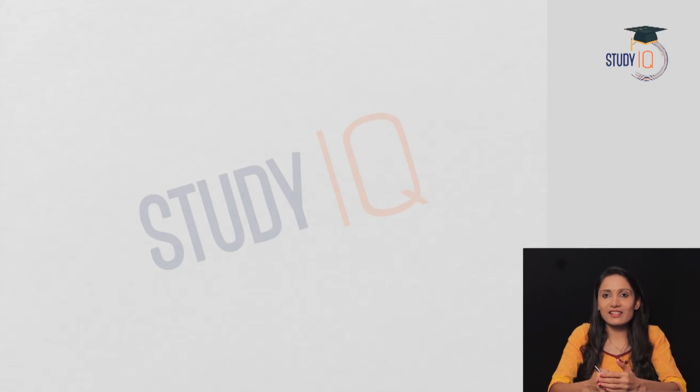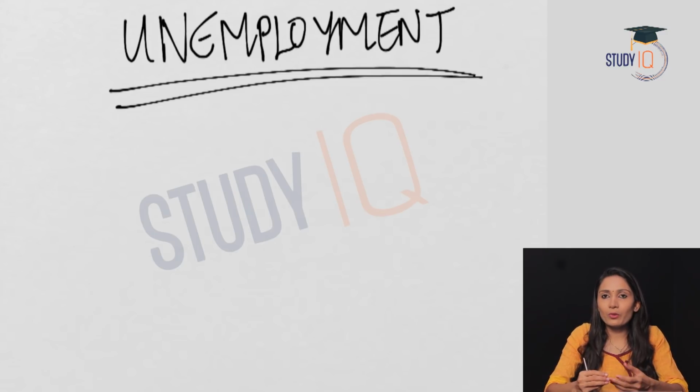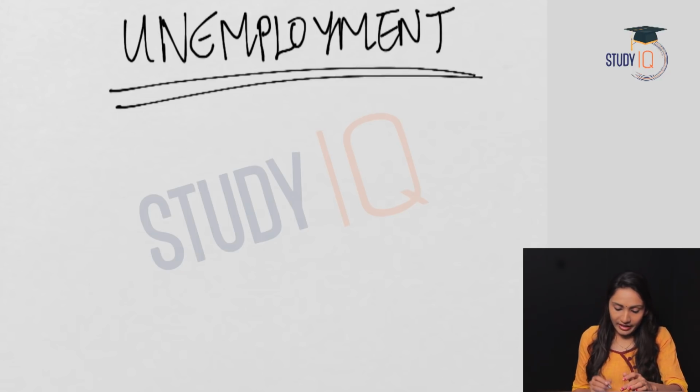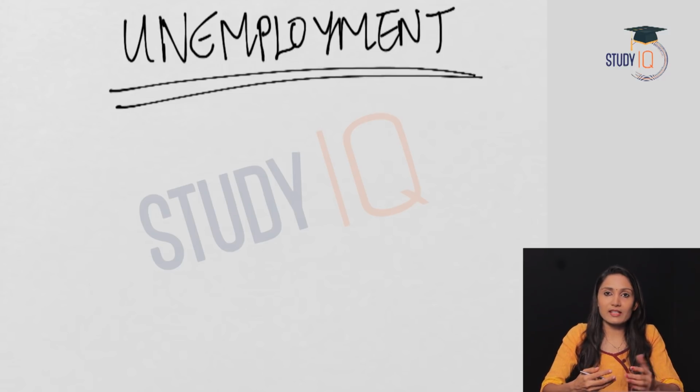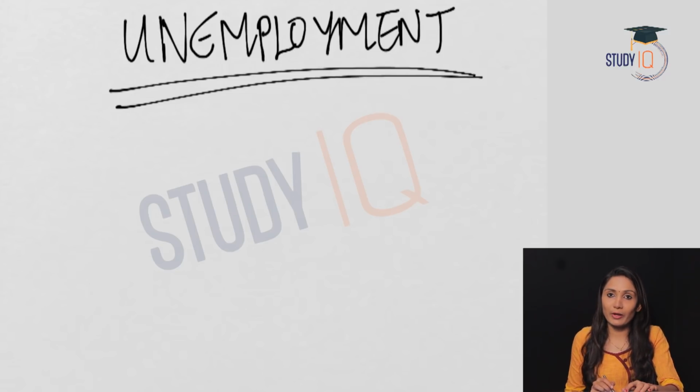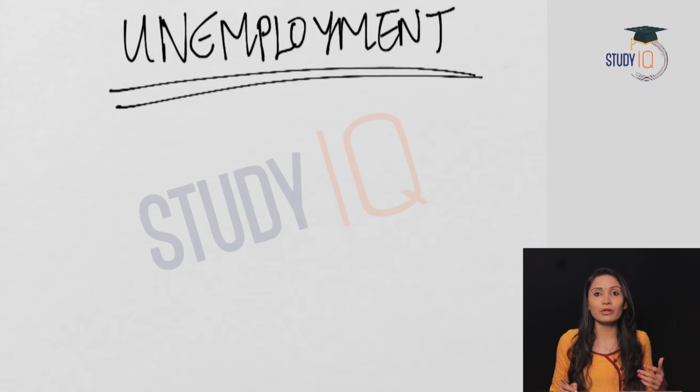In the previous lectures, we have learned about microeconomics, inflation, poverty, and this is the fourth module, unemployment. Modules like poverty, unemployment, etc., which cover the social issues of India, are very important from all examination points of view. The upcoming NABARD exam, the RBI exam, Civil Service Preliminary Examination, everything would be giving more weightage to social issues like poverty, unemployment, etc. So this is a very important module from the upcoming examinations point of view.